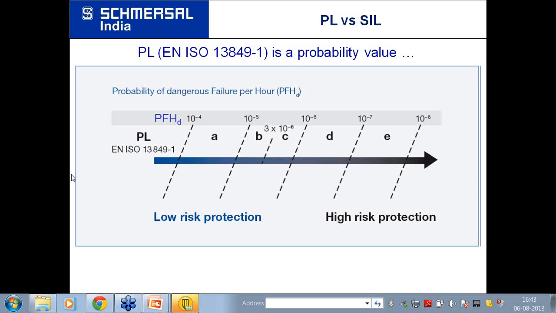Mr. Pratap Singh has asked, what is the chance of failure of a safety PLC? Sir, a safety PLC has only dual redundancy. If a fault occurs, or if two faults occur at the same time, the chances of which are very remote in normal conditions, then it will fail. This is possible because there is only a dual channel, and if both channels fail at the same time, then it will fail.